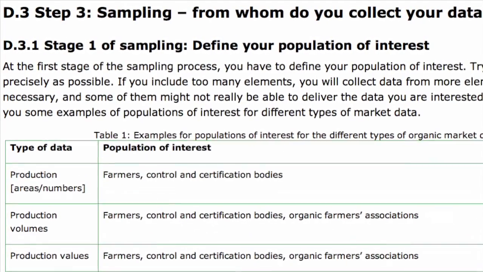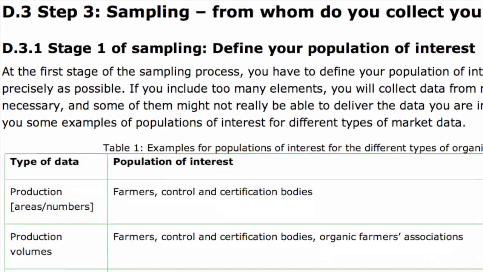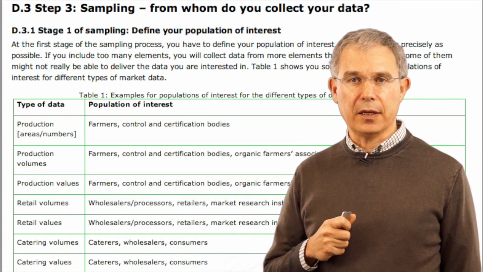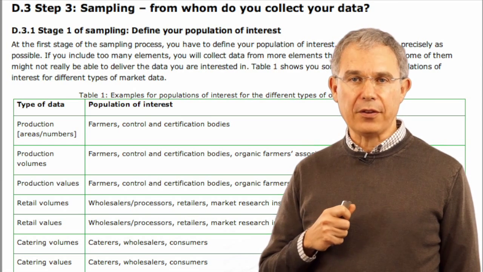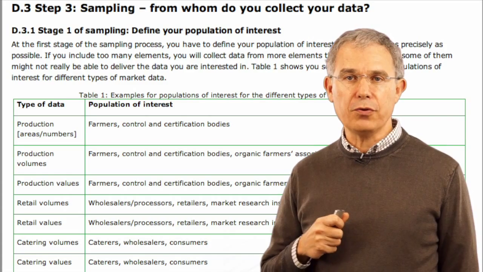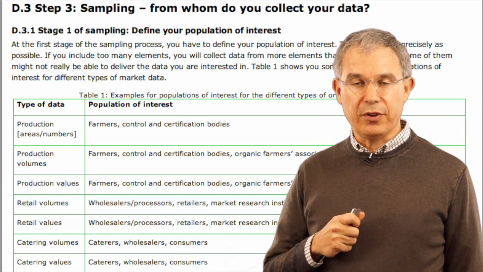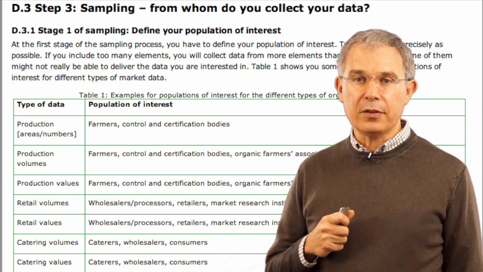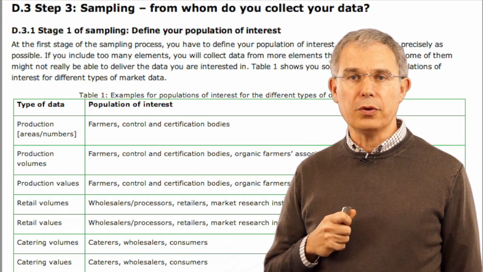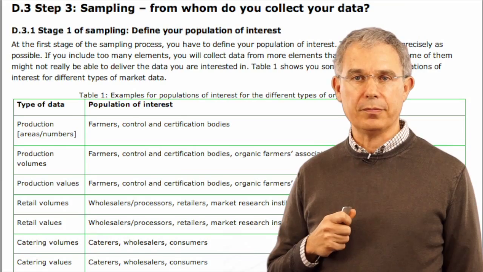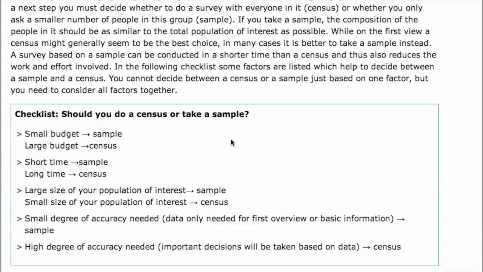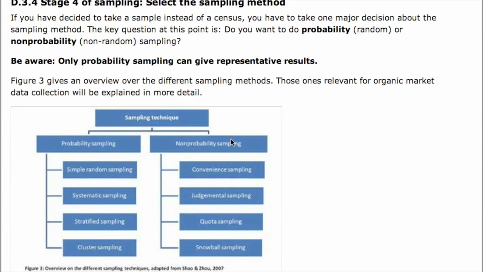The third step is about sampling. Sampling is about from whom you want to collect the data. In some cases you can do a census. You can interview or you can get data on the universe of your subjects. In some cases, the universe of a population is too large, so you will need to use a sampling procedure. In this section, the sampling procedures will be detailed very simply and very clearly.